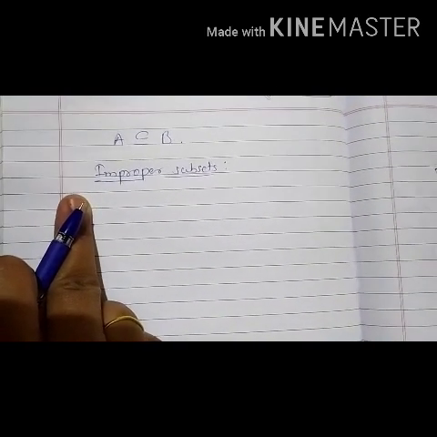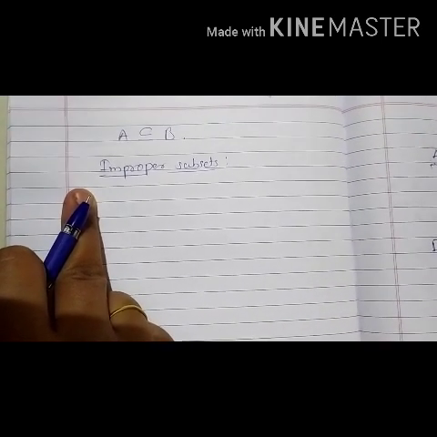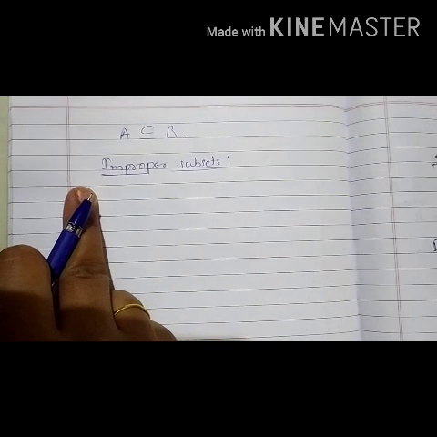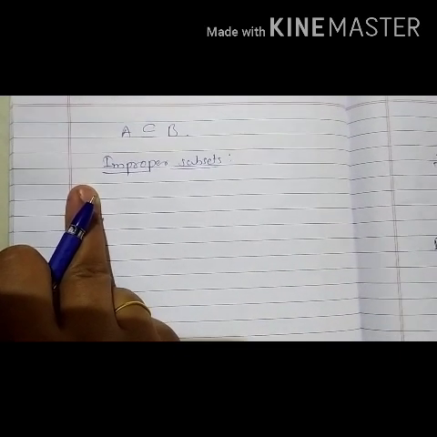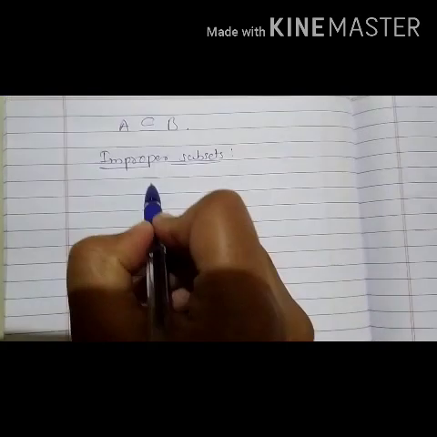Now students, all elements from the original set means both the sets will be equal. Now for equal sets we can say that both the equal sets are improper subsets of each other,